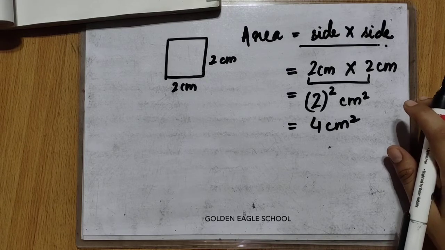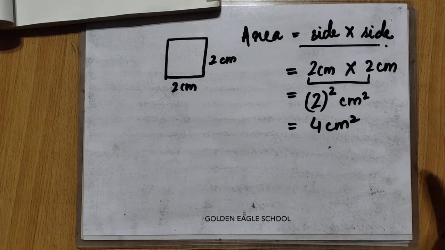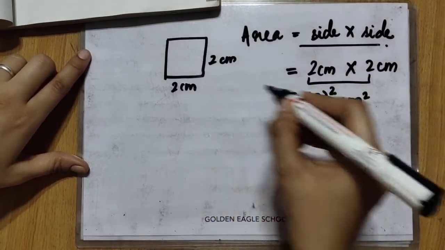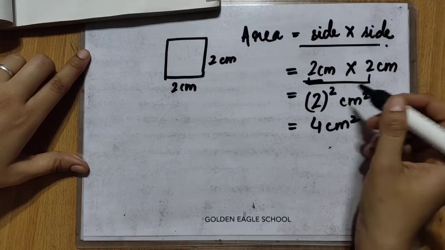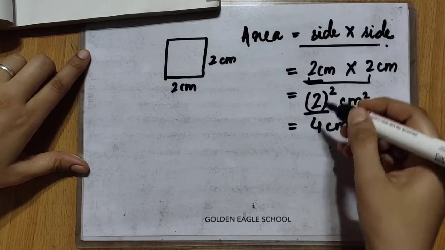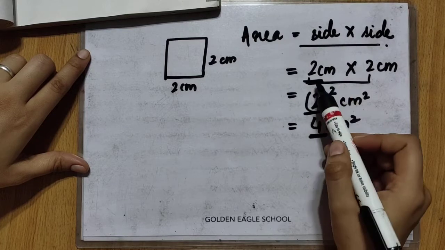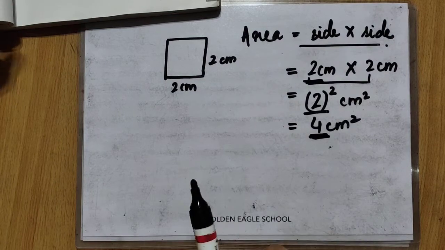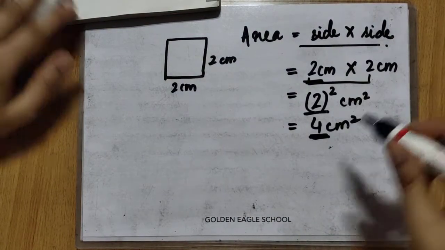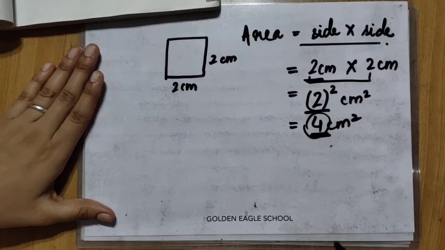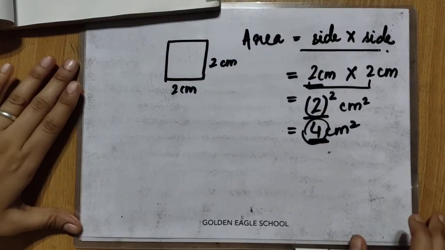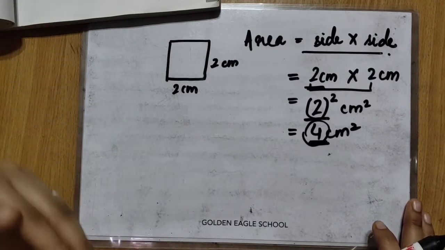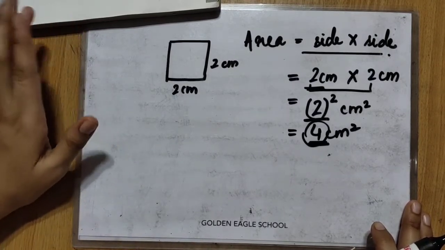So if a natural number m can be expressed as n square, for example, 4 is the square of 2, which equals 4, then this number is known as a square number. So 4 is a square number. So how do we find the square? Whenever we multiply a number to itself, it is known as the square of the number.